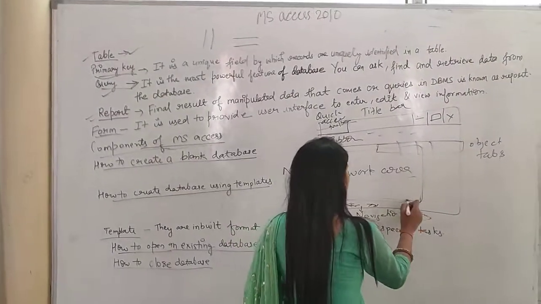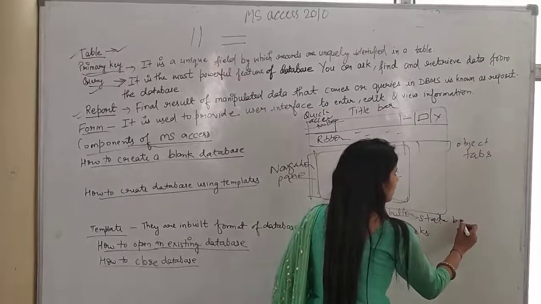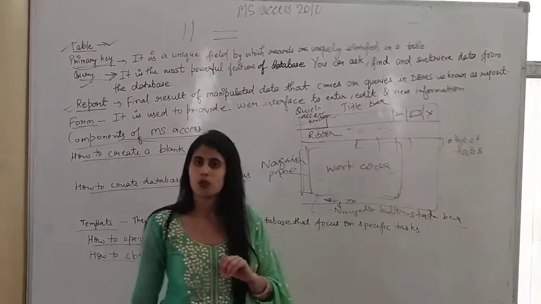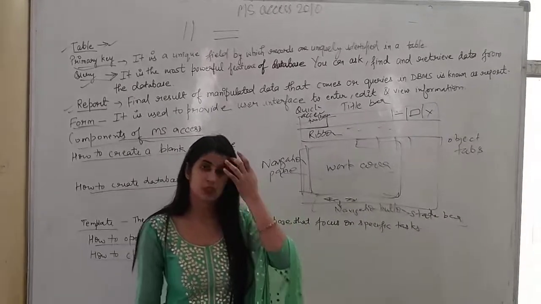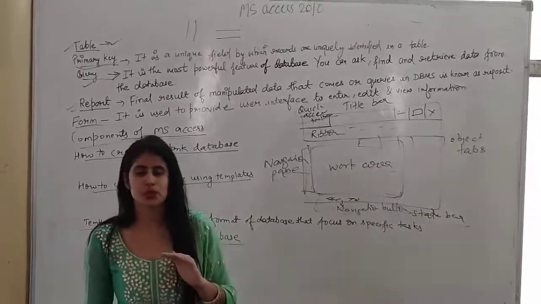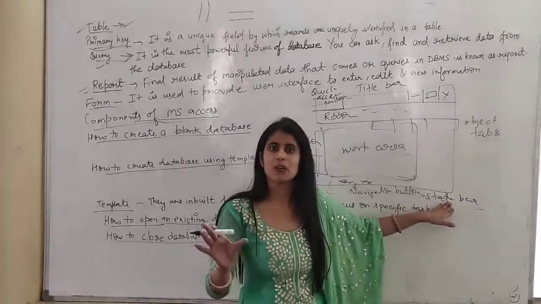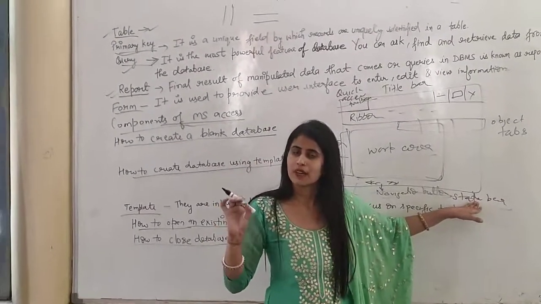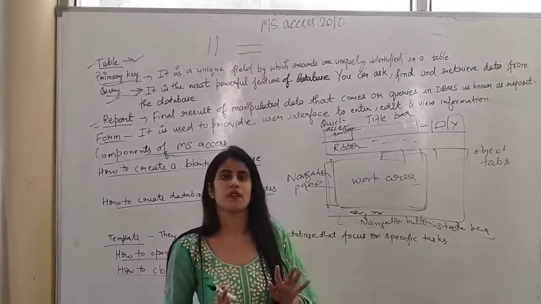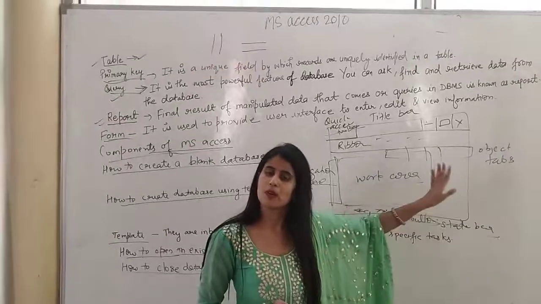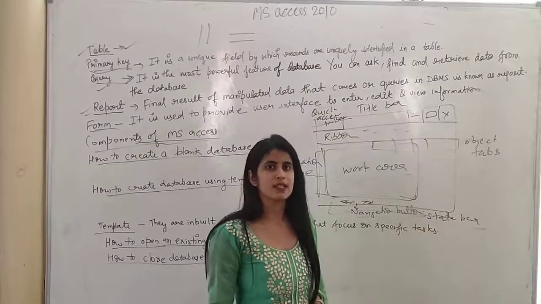Okay. The last bar is known as the status bar. It shows you the status of the MS Access window. The program window status, it shows you. With the help of this you are able to identify how much data you have entered and it shows how many words you have typed, you have written in this window. How much task you have done will be shown by the status bar.